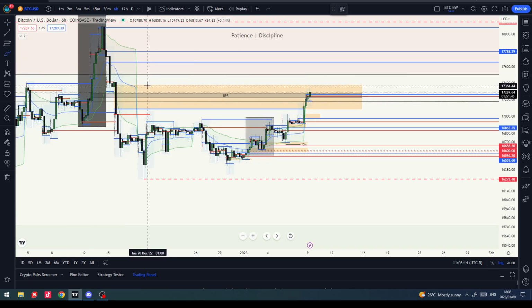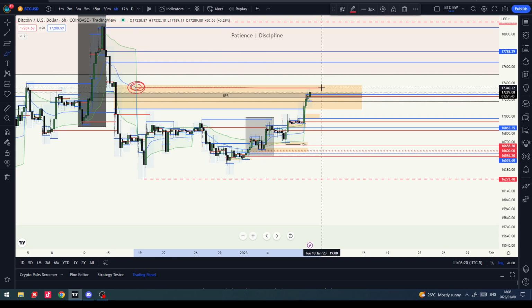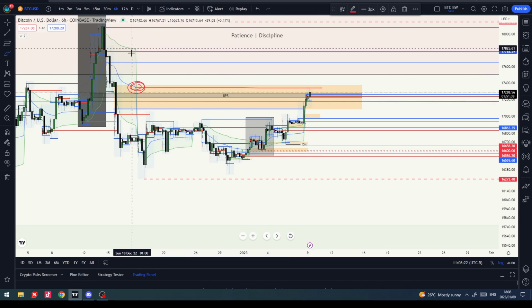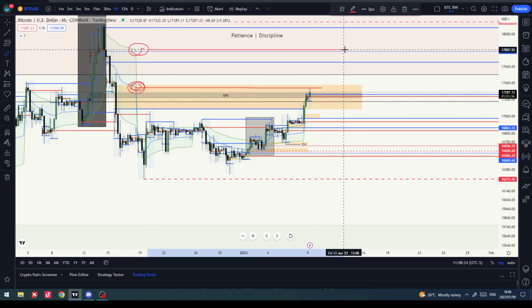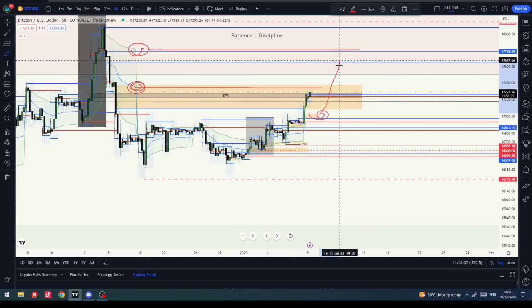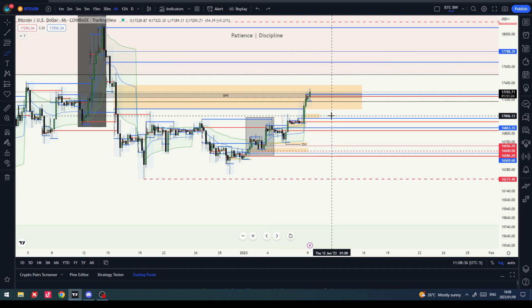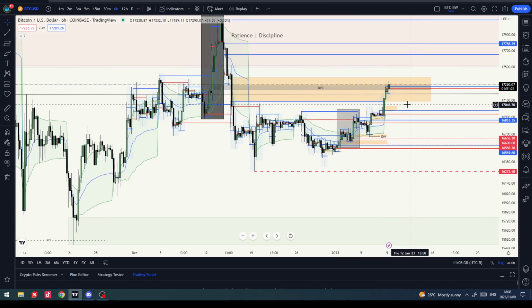Right, so I can see previous weekly band here. You can see it here. And then we have this one here, the upper band of the weekly, all the way up here. So if it starts to reject around here, we'd look for price to pull back into this and then possibly move up here. That would cap BTC for us.